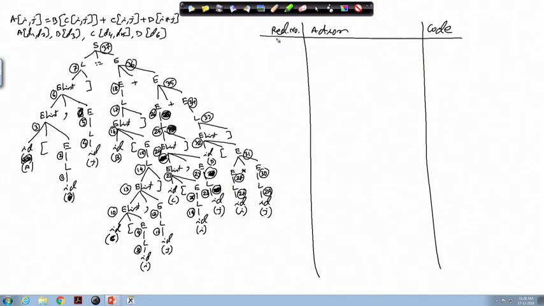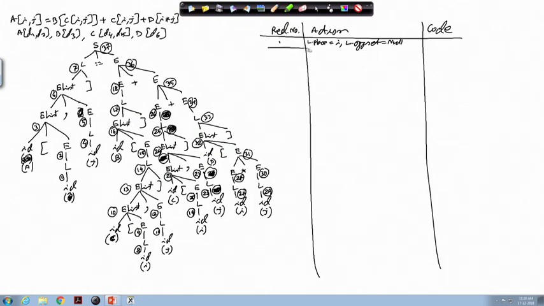Now, at reduction 1 we have this one L producing ID. So, accordingly it will have L dot place equal to I and L dot offset equal to null. This will be null and no code is generated.